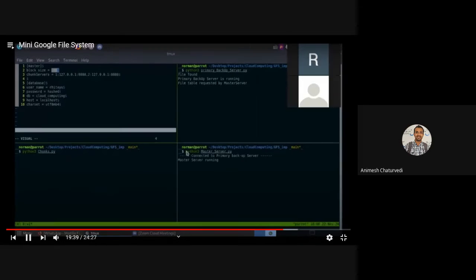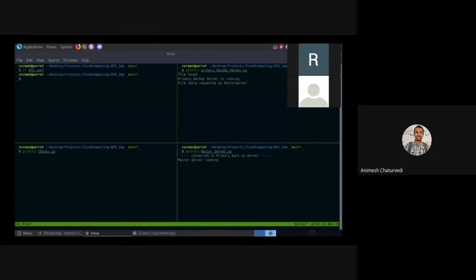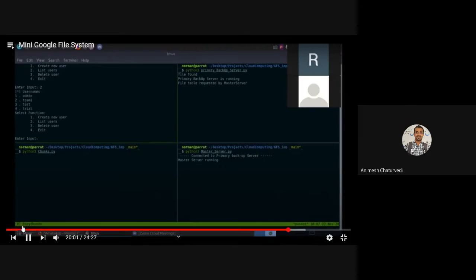In the bottom right corner, we have our master server running, and in the bottom left corner, we have our chunk server running. Then first we can see the admin functions that we have written. So we have create, user, list, delete. Just for the sake of it, we are seeing the list. We can see which users are already registered.